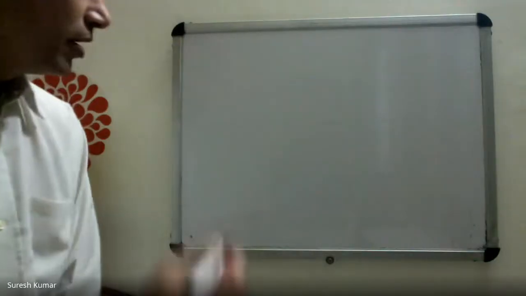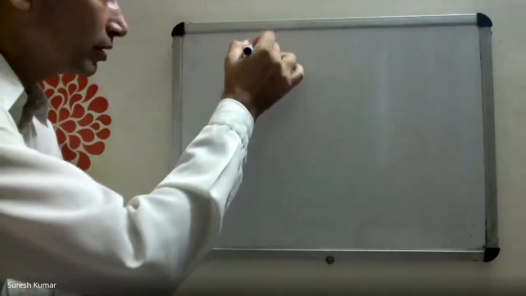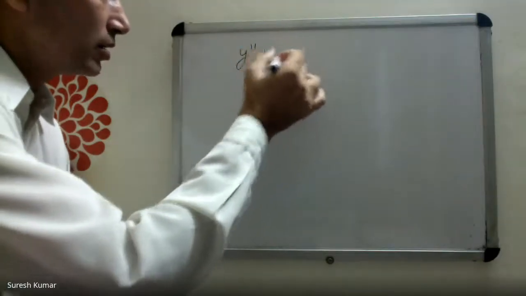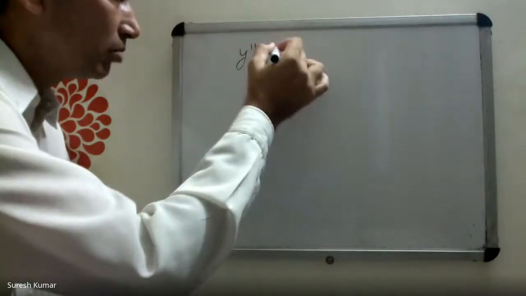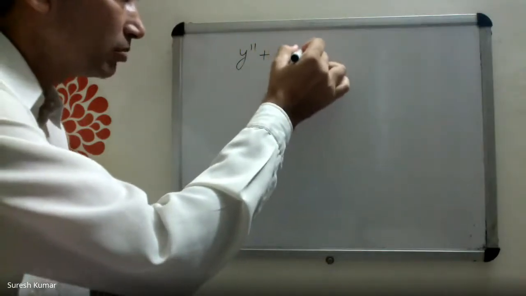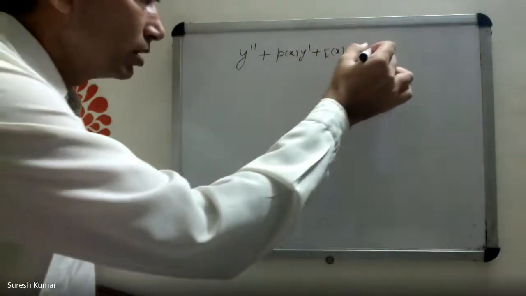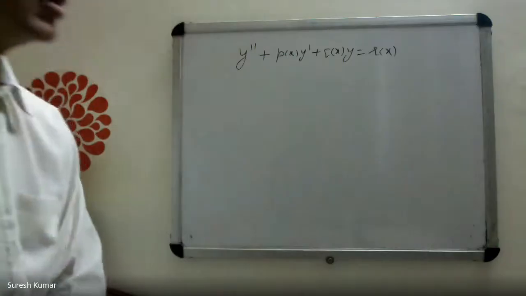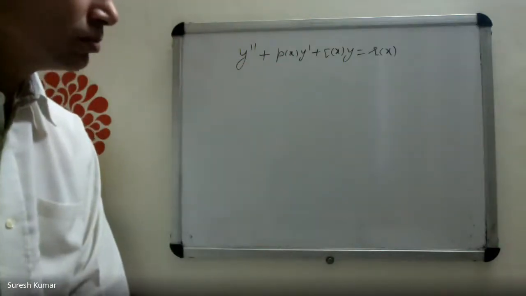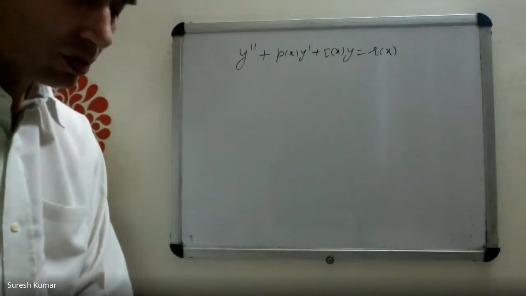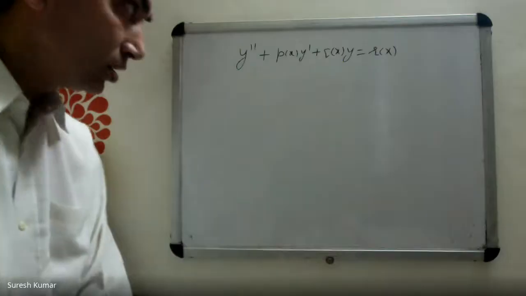In this chapter, we are learning the methods for solving second order linear differential equation y'' + p(x)y' + q(x)y = r(x). Homogeneous case, you have already learned the methods. From the previous lecture, we have started learning methods for solving the non-homogeneous linear differential equation.